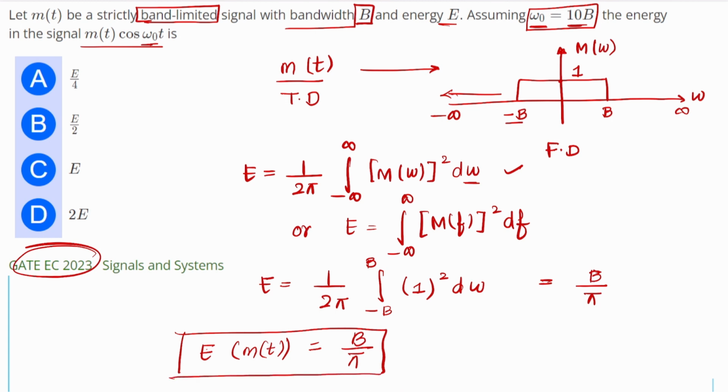But this is not what the examiner is asking. The examiner has told us that the energy of m(t) is equal to some E. What will be the energy of this new signal m(t) cos omega naught t? So we know that, let's say this new signal is y(t) equal to m(t) cos omega naught t. So if we convert this signal into its frequency domain, we know from the property,